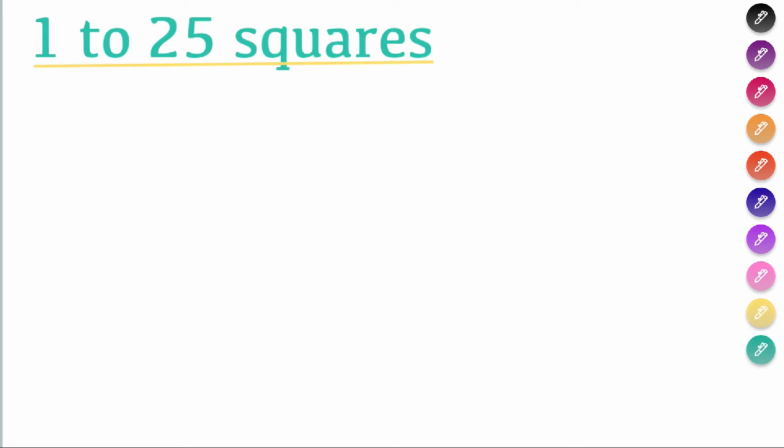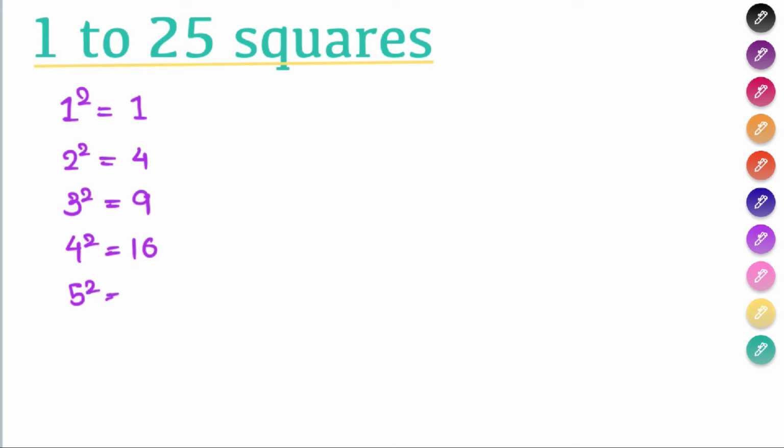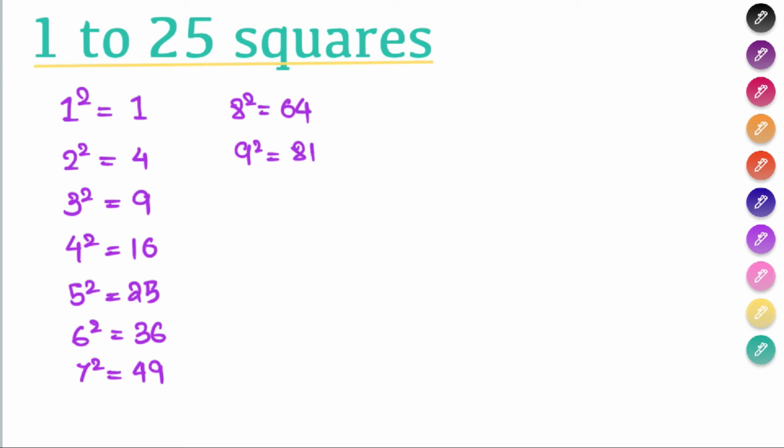But there's a prerequisite that you must remember. The prerequisite is that you must know the squares from 1 to 25. Let me write it over here. 1 square is 1, 2 square is 4, 3 square 9, 4 square 16, 5 square 25, 6 square 36, 7 square 49, 8 square 64, 9 square 81, 10 square 100, 11 square